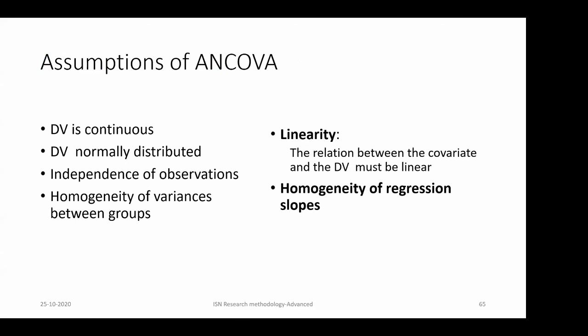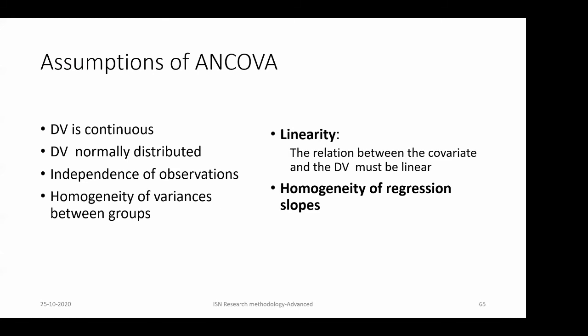So ANCOVA, I hope you remember from the last class. Dr. Harichandra Kumar was telling about the assumptions of ANOVA. So the dependent variable, here the glomerular filtration rate, should be a continuous variable and normally distributed, and the observations should be independent of each other, and the variances between the groups should be equal. You can test the variances by looking at Levene's test. Levene's test more than 0.05 means that the variances are equal.